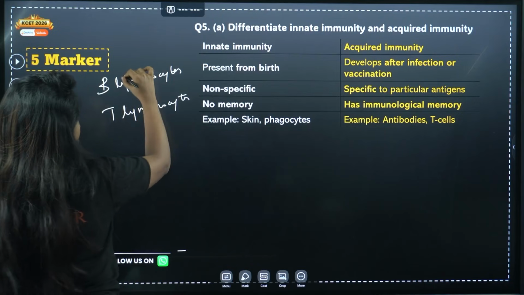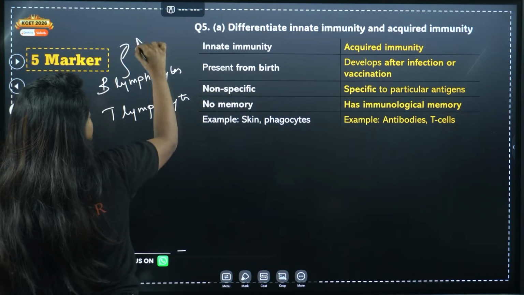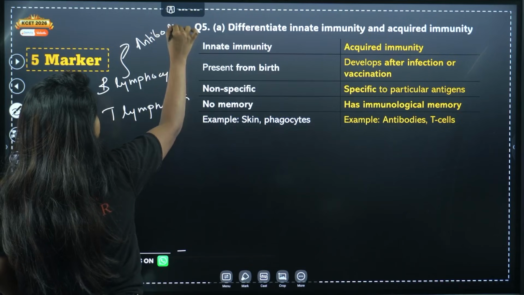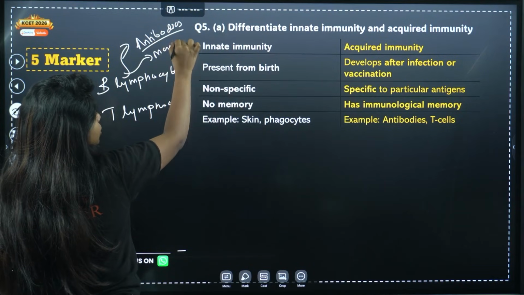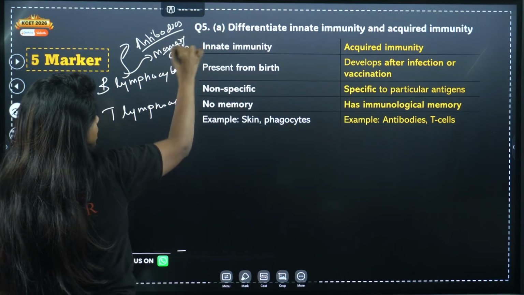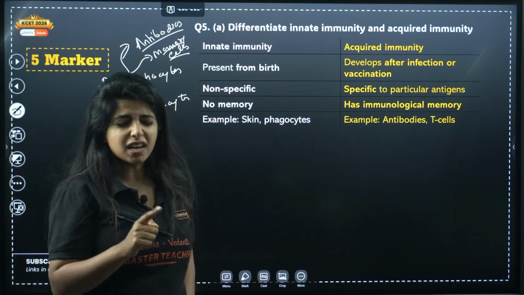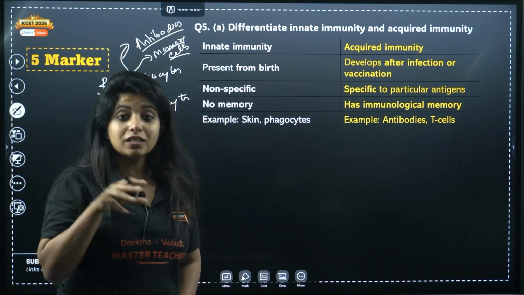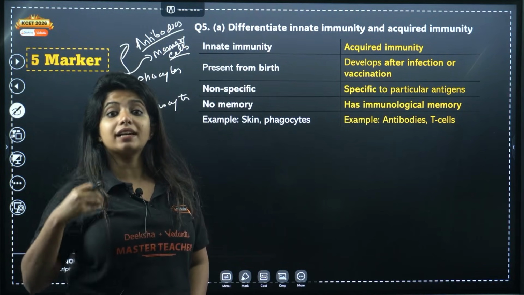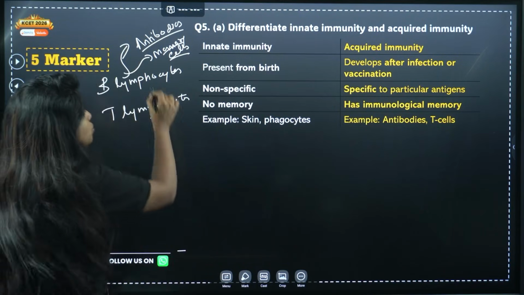Now, B lymphocytes, basically, whenever you see a pathogen coming inside, B lymphocyte will be producing antibodies against this particular pathogen. And not just that, they will produce some cells which are known as memory cells. What memory does it hold? It holds the memory that some infection has taken place earlier, and that time I was not able to produce enough amount of antibodies which were needed. Now this time I know what are the antibodies that I have to specifically produce in this case of infection. So that is the use of memory cells.